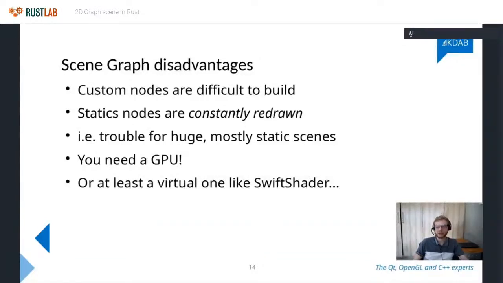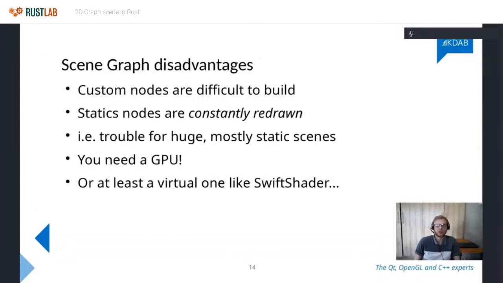The other big disadvantage is kind of the same as the biggest advantage. And this is that everything needs to be redrawn constantly. And this is a problem when most of your GUI is actually static. So for instance, when you've got a large desktop GUI with a lot of data fields, where all those data fields don't change a lot, then this becomes a problem because then performance doesn't scale with data anymore. The more data you throw at it, the GPU needs to go through all of that data for every frame. So it's going to start slowing down. The point at which this happens obviously depends on how powerful your GPU is. But fundamentally, this is just a bad idea if you've got a complex, mostly static GUI.